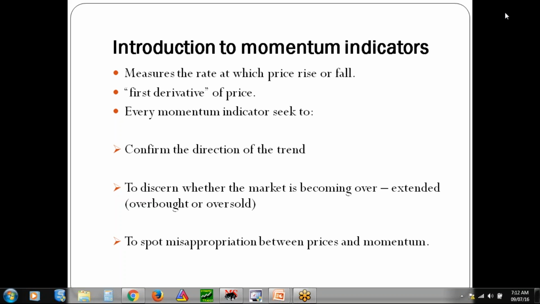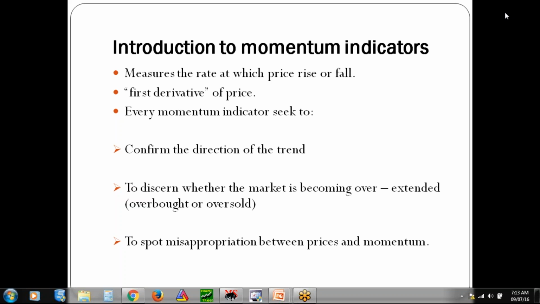So first, the price will take action. The price will change, the price will be modified, and then only the momentum indicator will be modified. So one thing is clear: although momentum indicators are called leading indicators, they are lagging, because they take effect only after the price takes effect.